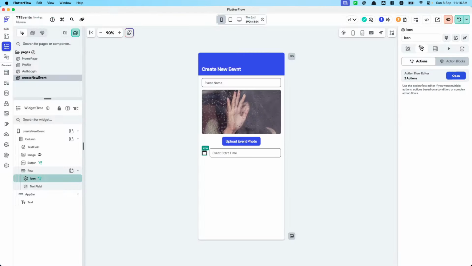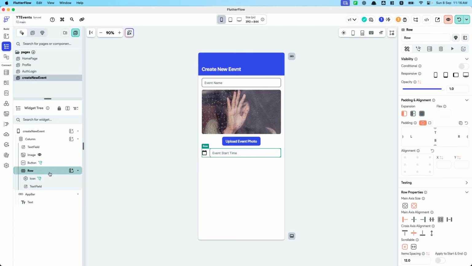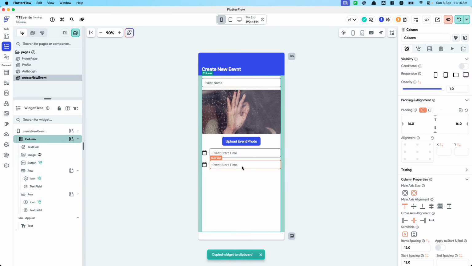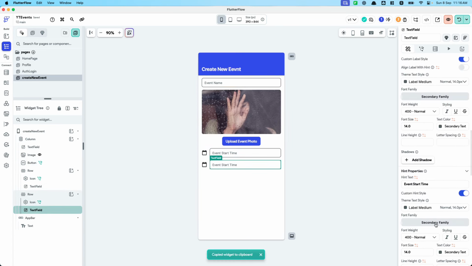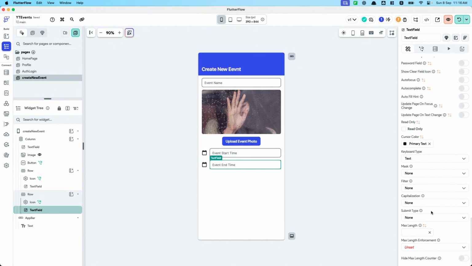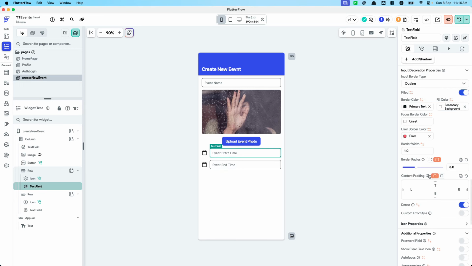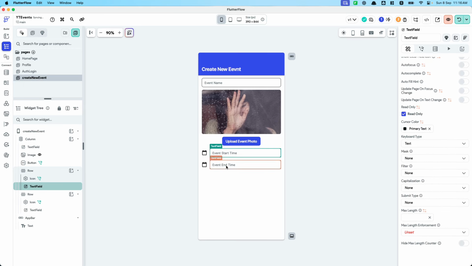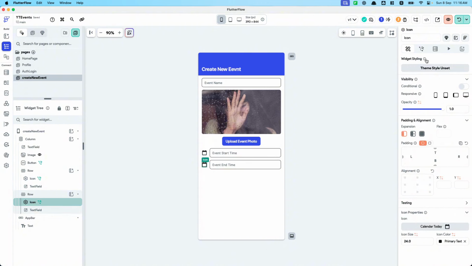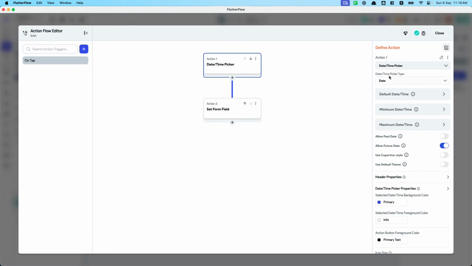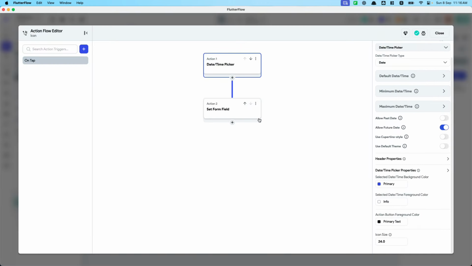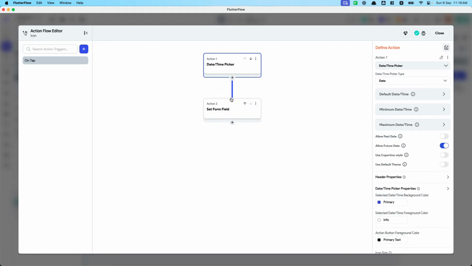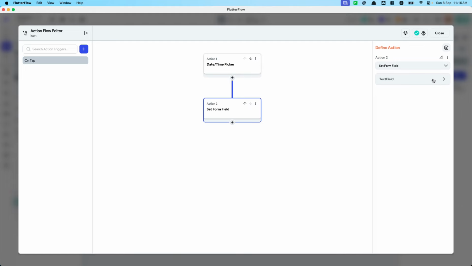And then that's it. And then I'll duplicate this for the end. So here I'll say event end time. And maybe also I need to tick read only so they can't change it. So this action flow will be exactly the same, but when we set the form field, I am setting the